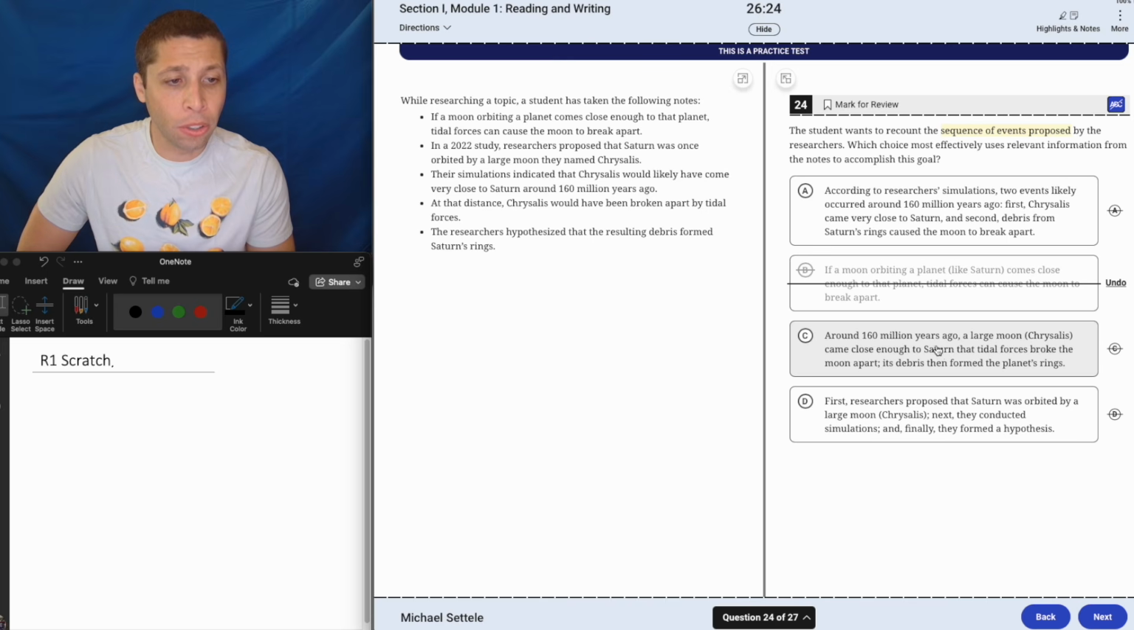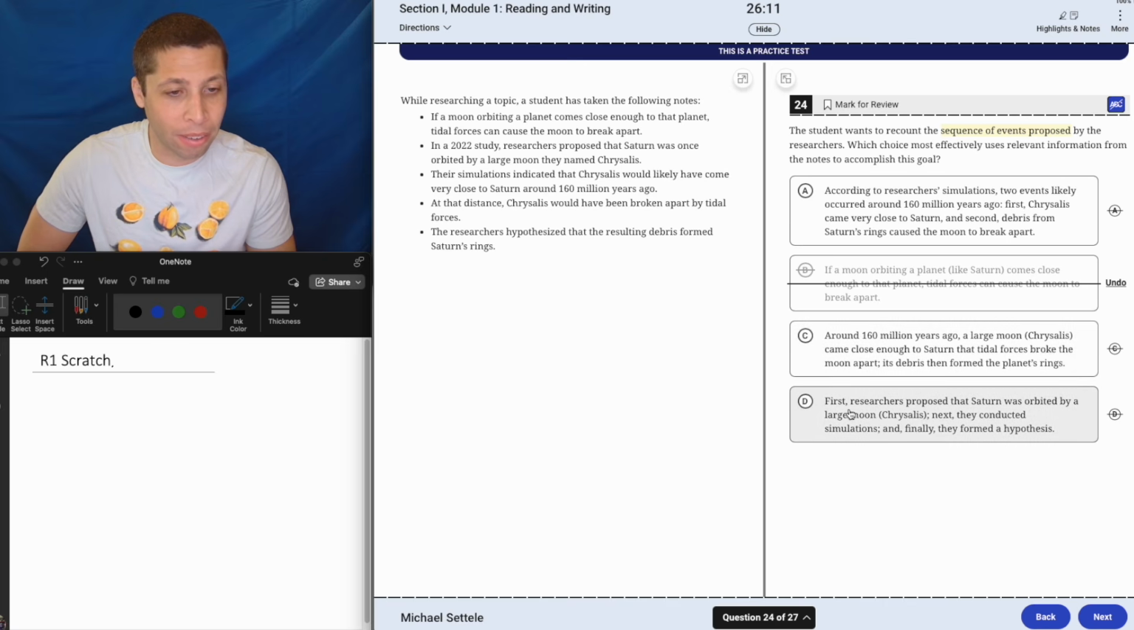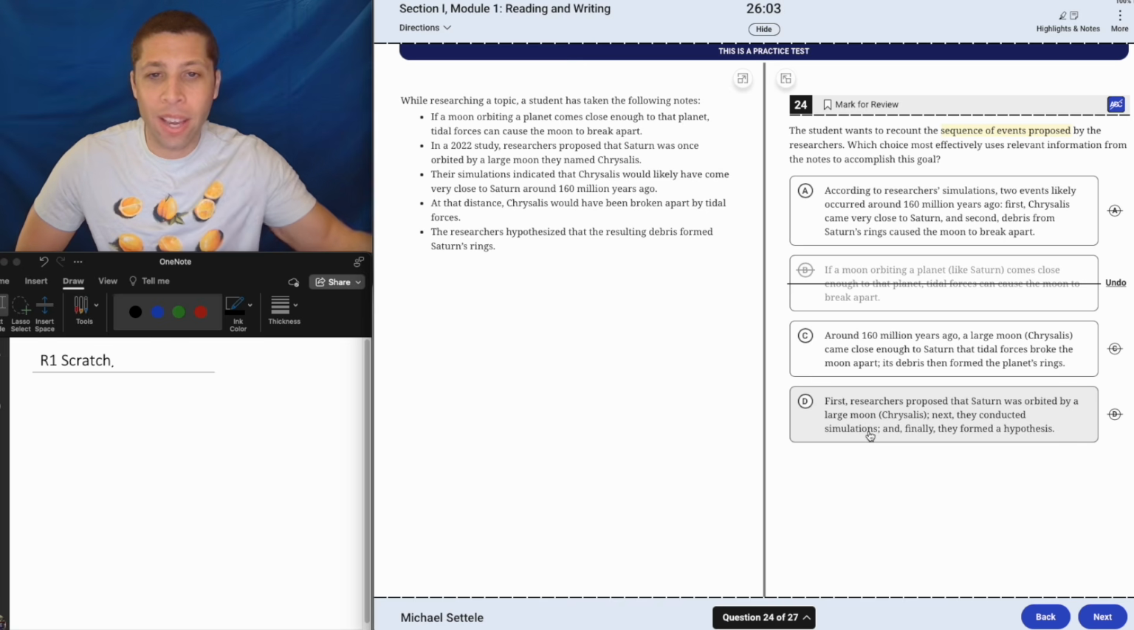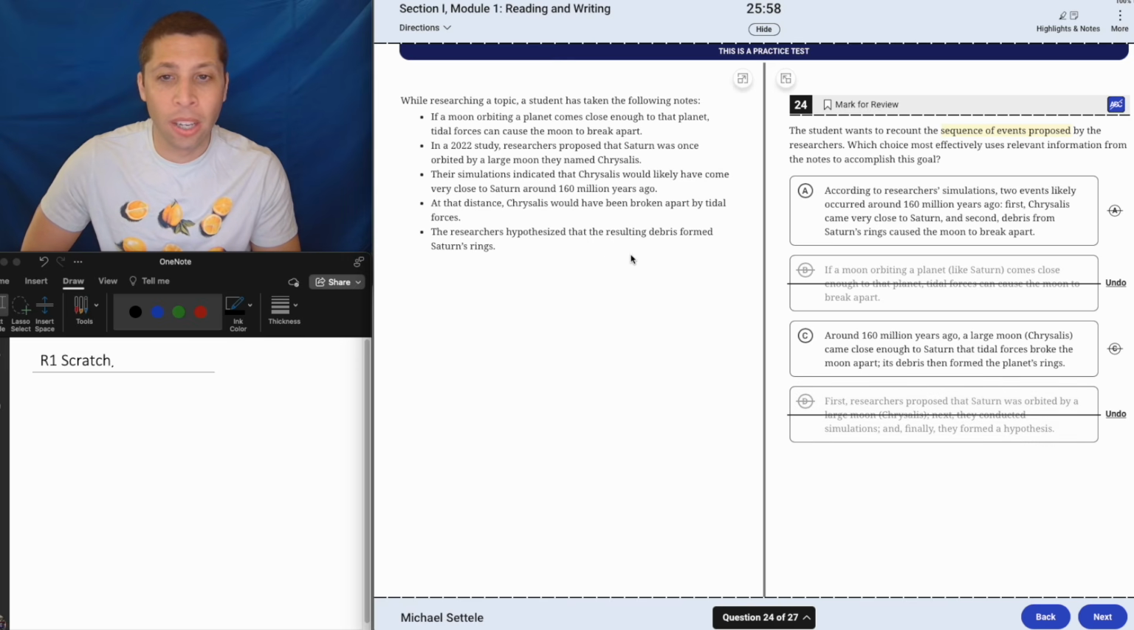Around 160 million years ago, a large moon Chrysalis came close enough to Saturn that tidal forces broke the moon apart. Its debris then formed the planet's rings. I mean, it's very loosely a sequence. The word then is definitely there, but I don't love it. First, researchers proposed that Saturn was orbited by a large moon. Next, they conducted simulations, and finally, they formed a hypothesis. Well, this is a sequence of how they did the research, but we want to know the sequence of events proposed by the researchers. So,